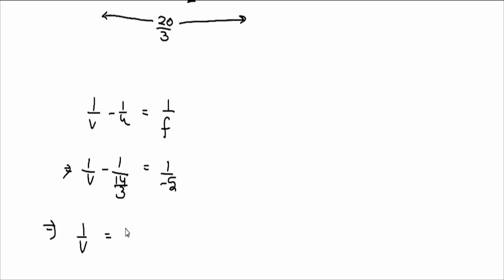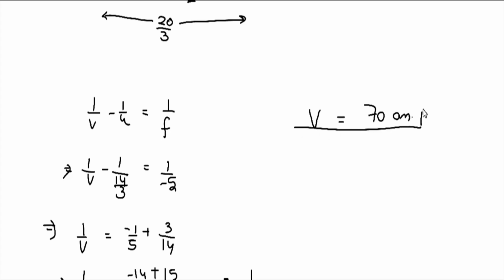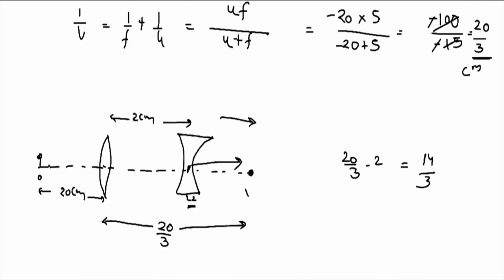-1/5 प्लस 3/14। तो इसको और आगे सॉल्व करने पे 1/V इज इक्वल्स टू, यहाँ पे हम लिख सकते हैं 70 एंड इट बिकम्स -14 प्लस 15। तो आ गया आपका 1/70। तो 1/V की वैल्यू आ गई 1/70, तो V की वैल्यू आ गई ऑब्वियसली 70 सेंटीमीटर, यानी कि 70 सेंटीमीटर पे जो फाइनल इमेज है वो आप ट्रेस कर सकते हैं। तो ऑप्शन के थ्रू आप पता लगा सकते हैं करेक्ट ऑप्शन कौन सा है आपका,